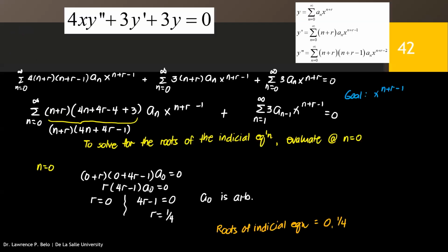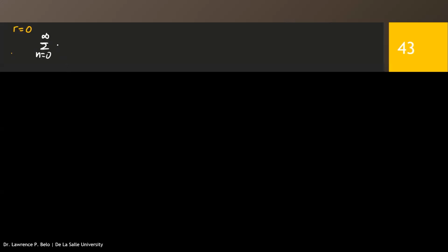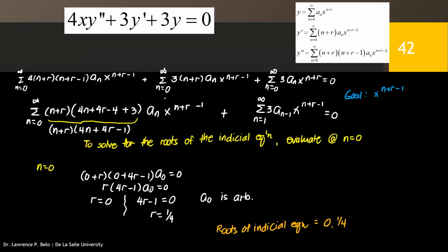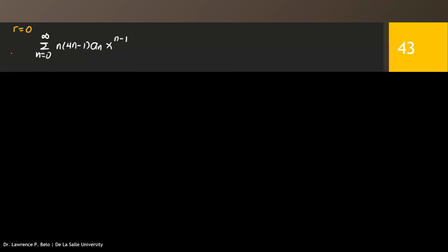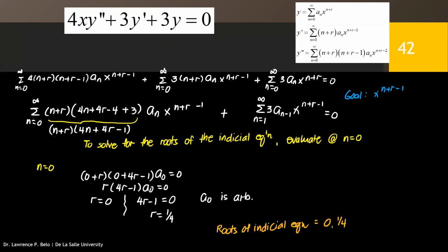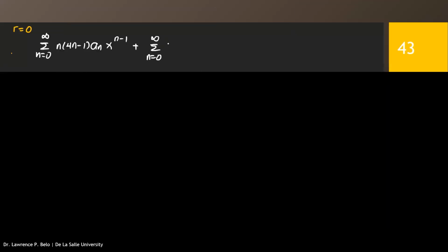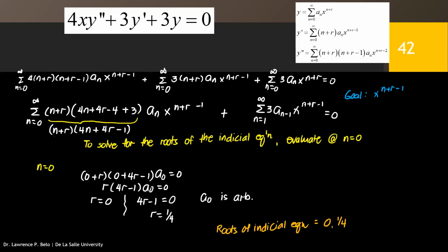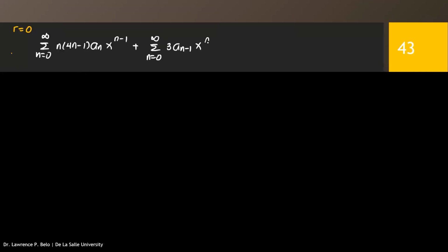When r equals 0, this becomes 4n(n minus 1) because r equals 0, a sub n x to the n minus 1, plus the summation n equals 0 to infinity of 3 a sub n minus 1 x to the n minus 1